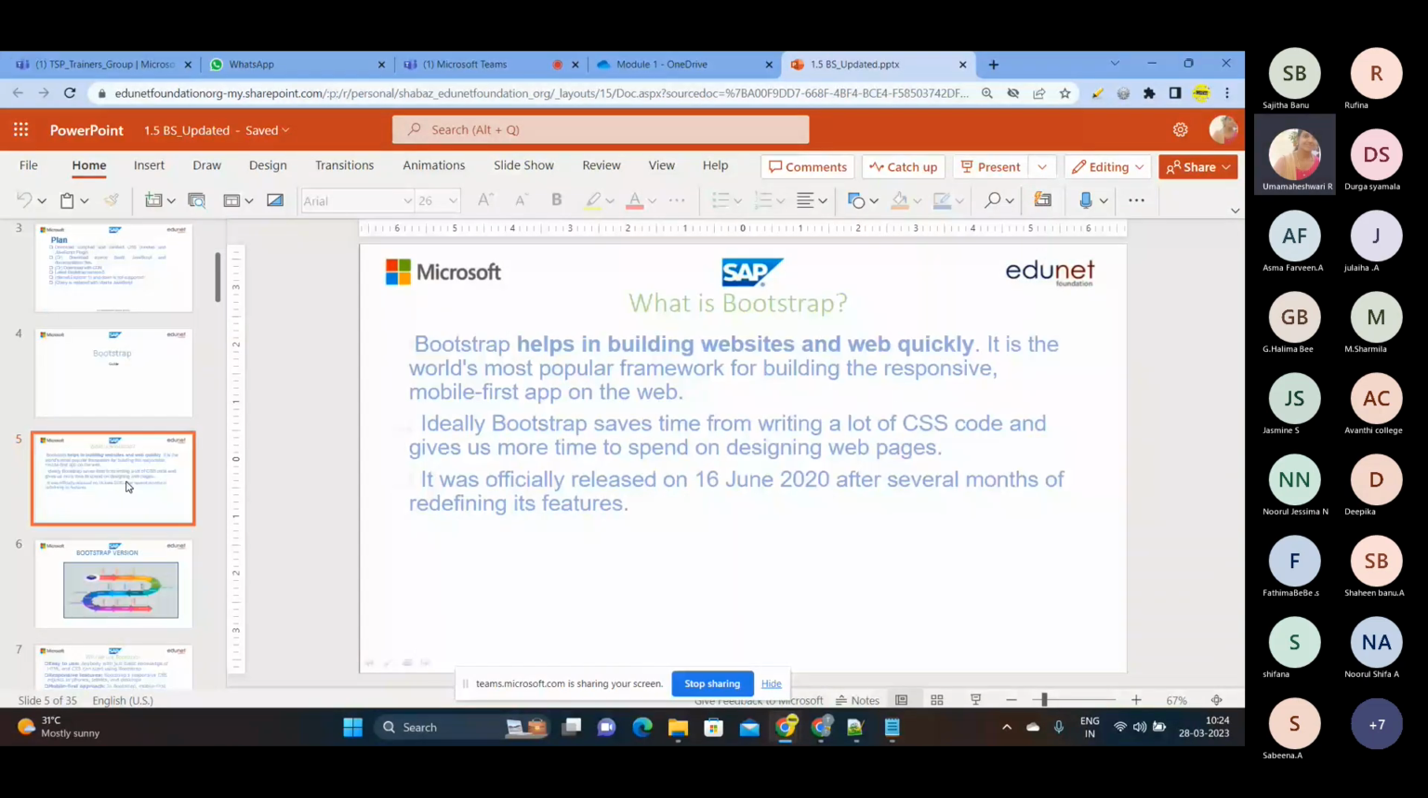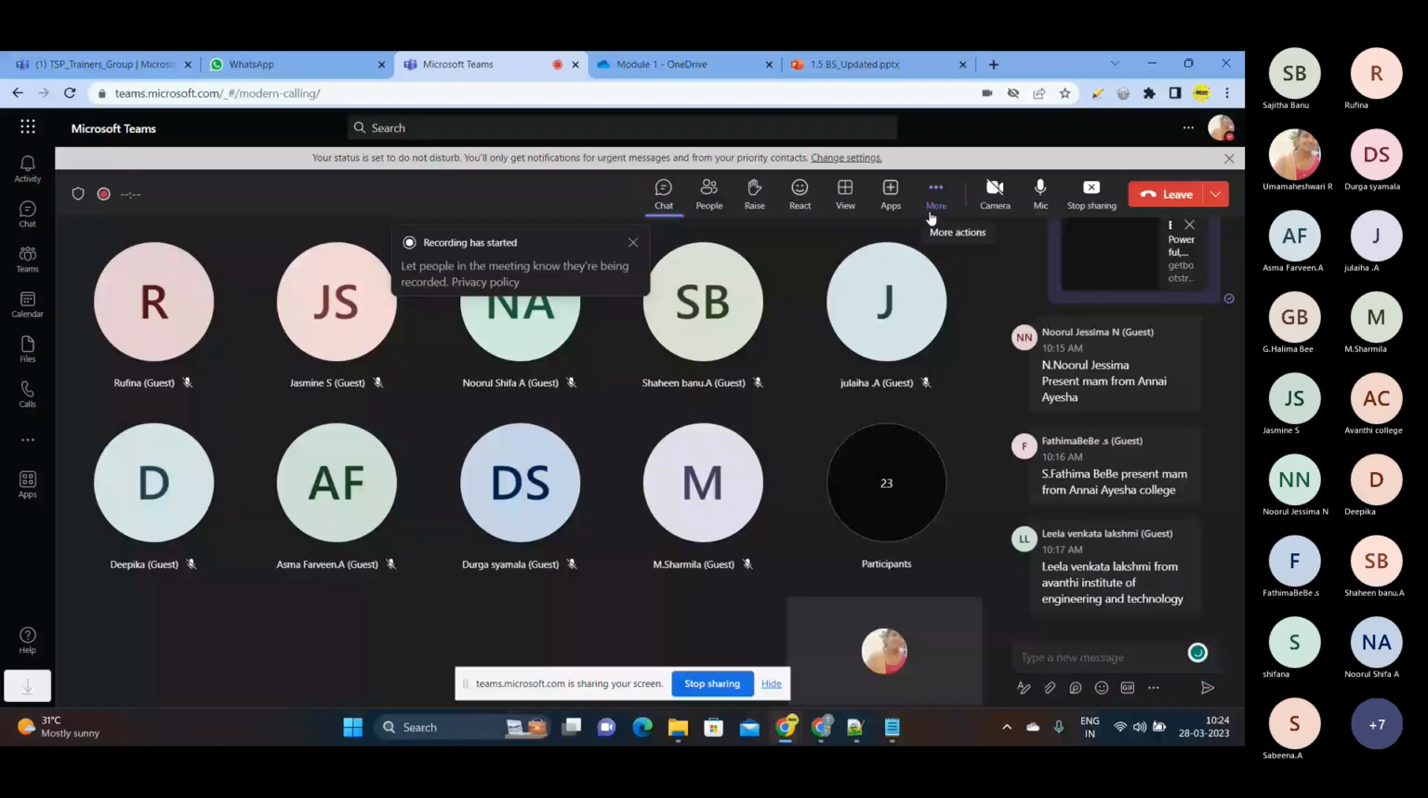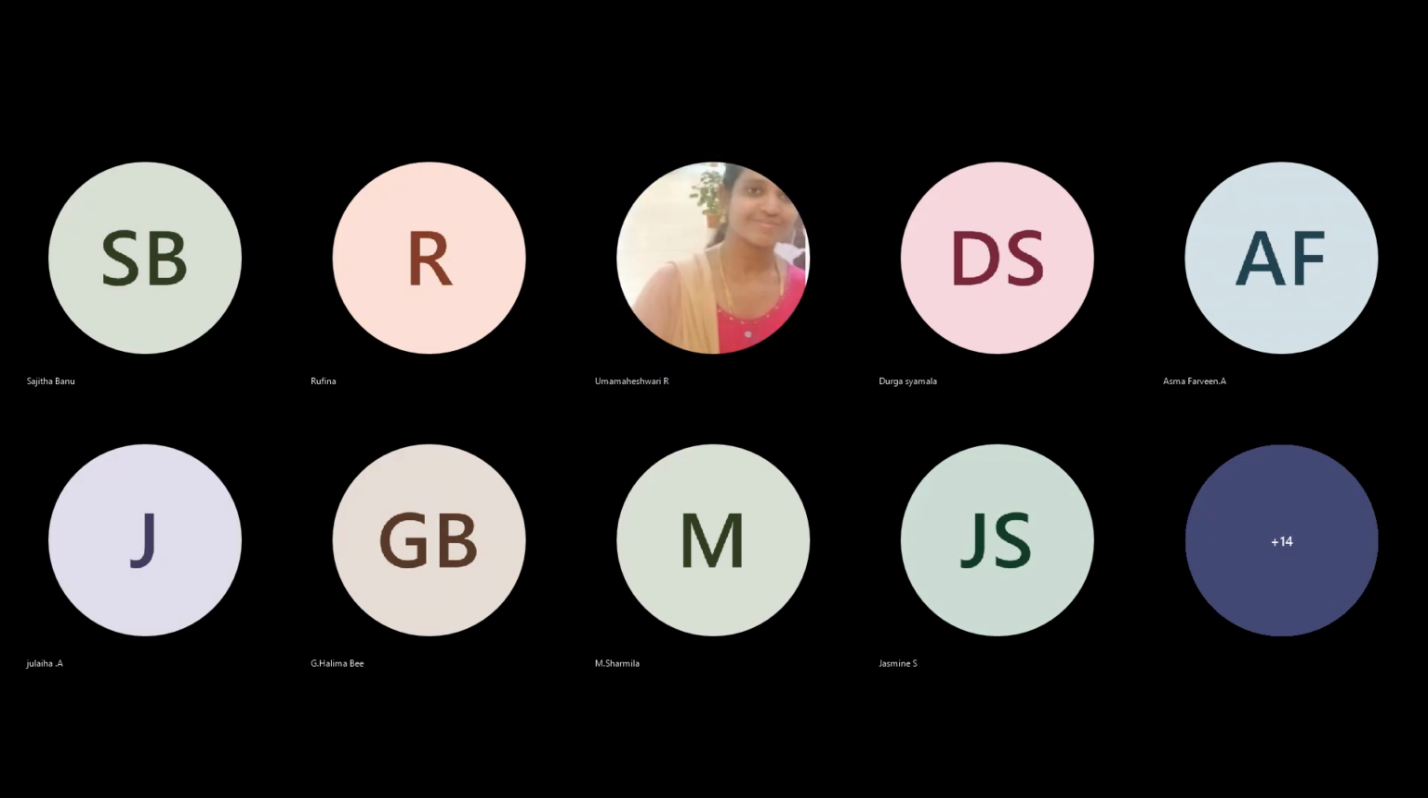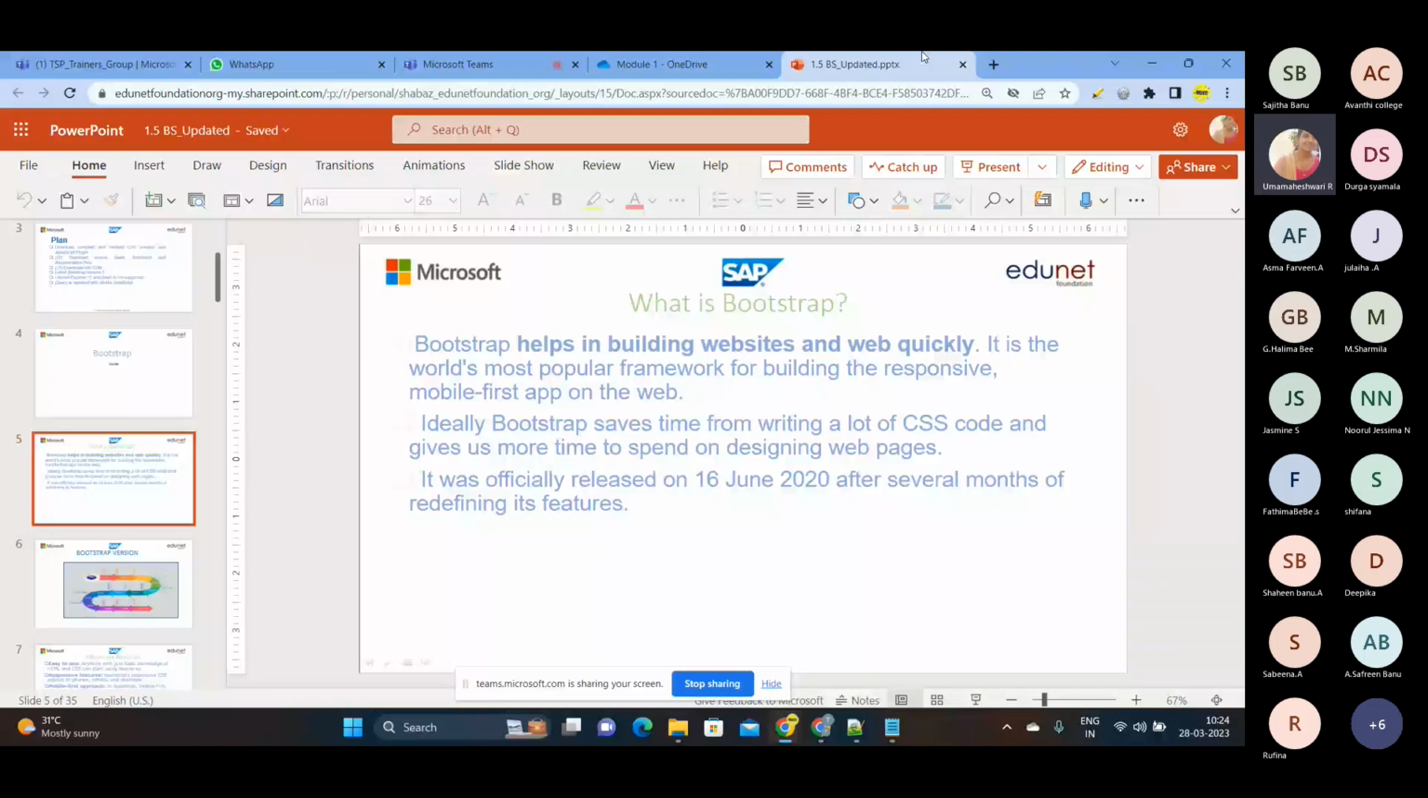So Bootstrap helps in building websites and web apps quickly. So you can easily create them. Actually, if you go and check who Bootstrap was created by,